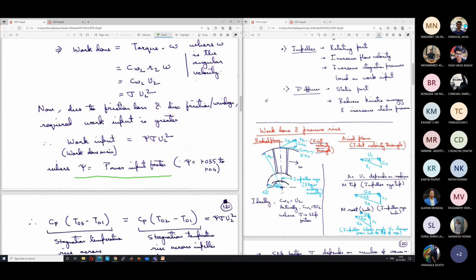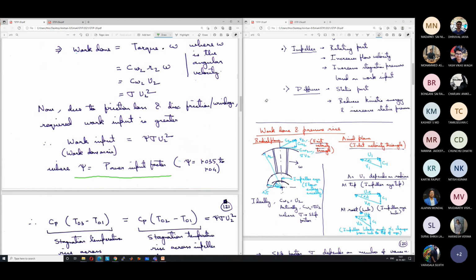So if we consider that the compressor consists of both the impeller plus the diffuser, which is obviously the case, the overall increase in stagnation temperature is T03 minus T01. T01 is the stagnation temperature at the inlet of the compressor. T03 is the stagnation temperature at the outlet of the compressor, which is at the outlet of the diffuser section. So the overall increase in stagnation enthalpy is Cp into T03 minus T01. The increase in stagnation enthalpy is equal to whatever the work input is, correct?